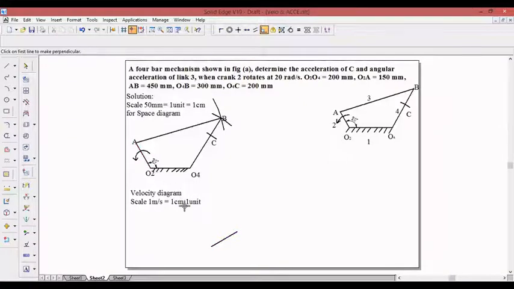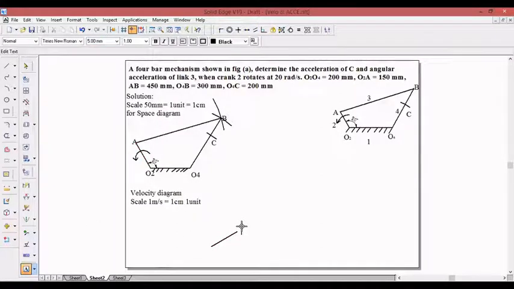Using a set square, you can get this perpendicular line. Match one of the sides of the set square with this link and draw a perpendicular line. And in a previous video, I have shown how to draw the perpendicular line and parallel line using geometrical instruments. You can refer to those videos also.